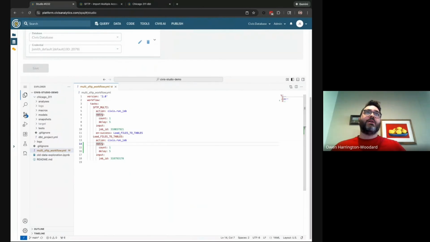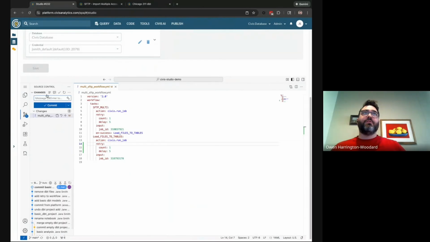So this is already picked up. The GitHub integration registers that I've made this change, and I'm going to add the new retry here and sync the changes.